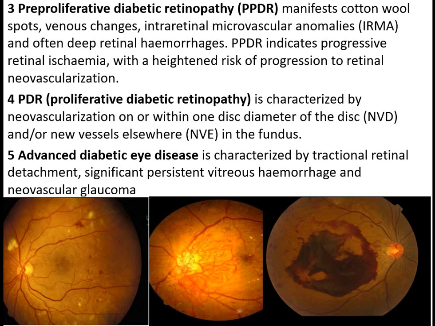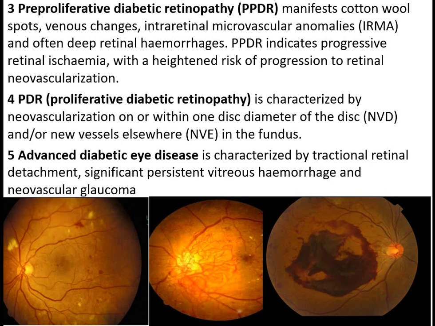It's characterized by the formation of abnormal blood vessels, يسموها new vascularization, most commonly present in the posterior pole، يعني حول الأوبتيك نيرف هيد. فيسموها NVD إذا كانت on the disc أو إذا كانت within one disc diameter from the disc. بعدين راح نشرحها. أما إذا كانت away from the disc يسموها new vessels elsewhere. The fifth stage of diabetic retinopathy اللي هو advanced condition.